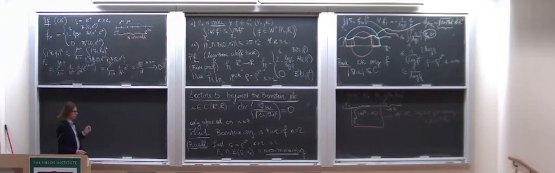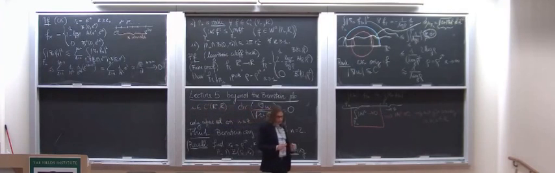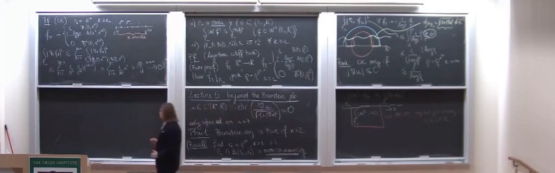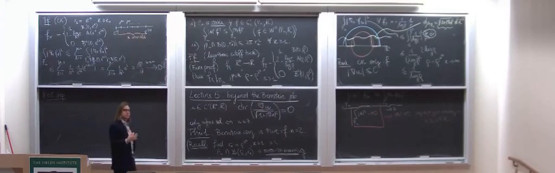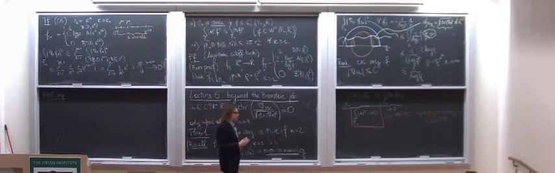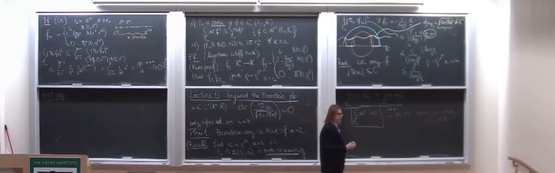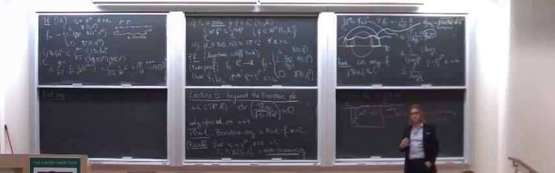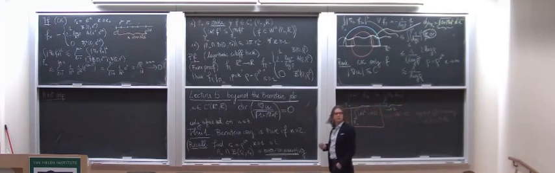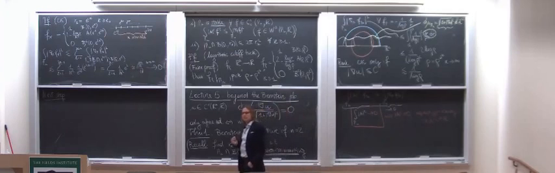Okay, so that was the proof of Bernstein in dimension 2, and then we want to go on to the next step. So what is the next step? Well, the point is that a graph is a very reasonable object from the perspective of analysis, but not quite from the perspective of geometry. The general principle that I learned from my advisor is that geometers don't really want to use coordinates. When you use coordinates, you should feel dirty, right? And so we want to ask the same question without using coordinates.